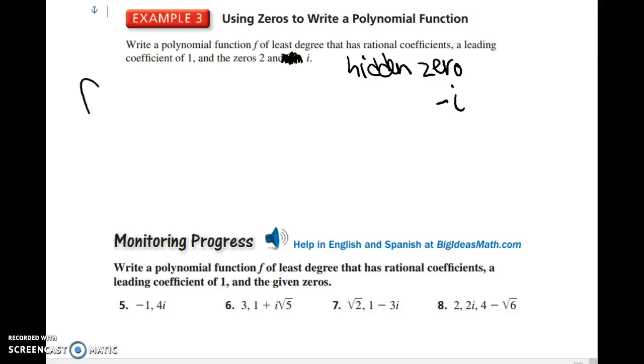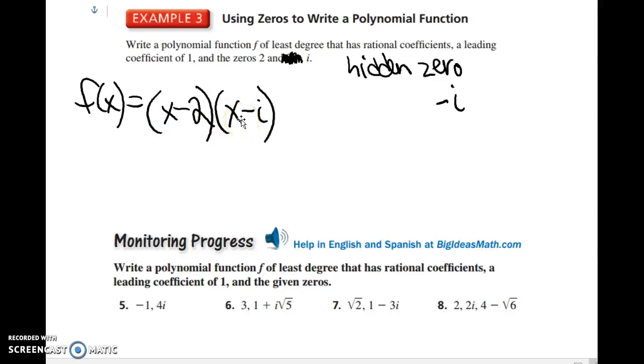we have to say f of x is going to equal, 2, the factor is x minus 2, times i, the factor is x minus i, and negative i, x plus i. So just like we did with the square roots, we want to FOIL the x minus i and the x plus i first. When we do that,